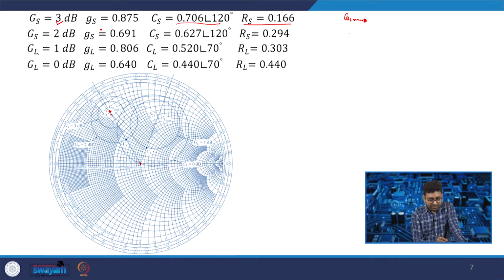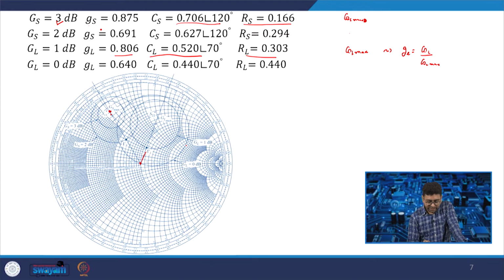At the load side, when you want to plot the GL max, you can find the normalized GL as the desired GL divided by GL max. Based on the equations that we have seen for the center of the circle and the radius of the circle, you can find the center and radius. Here the angle is 0.70. There is another line which is drawn for